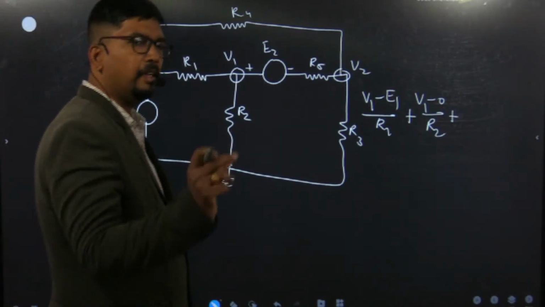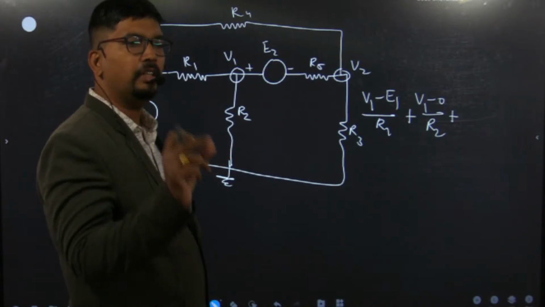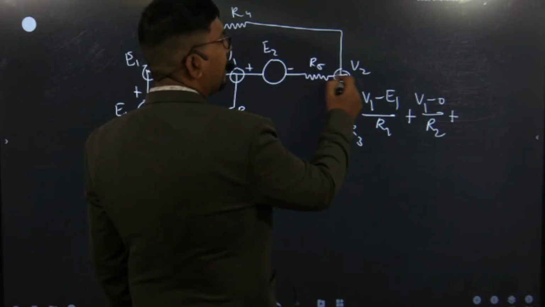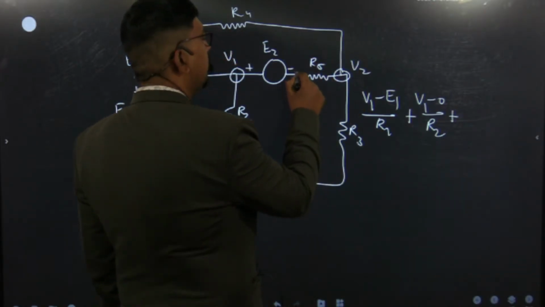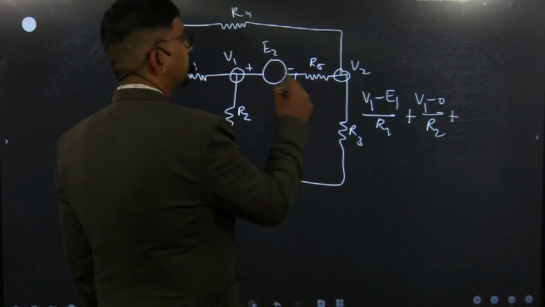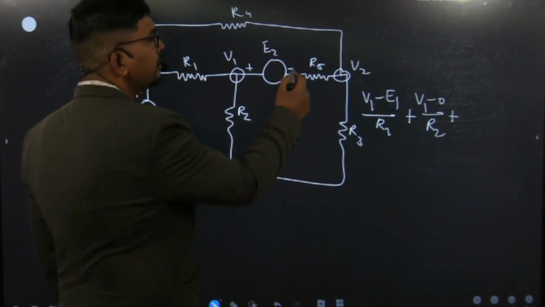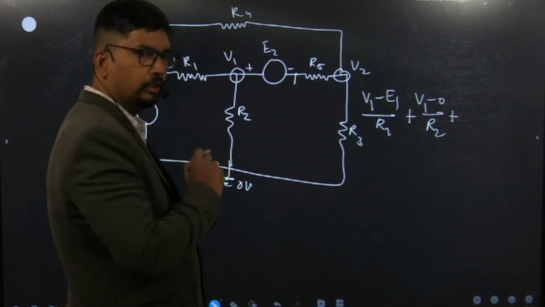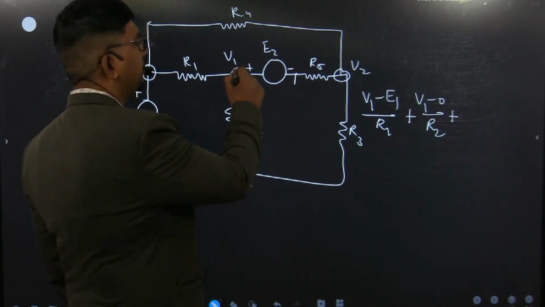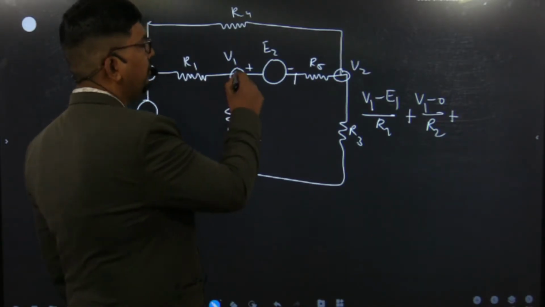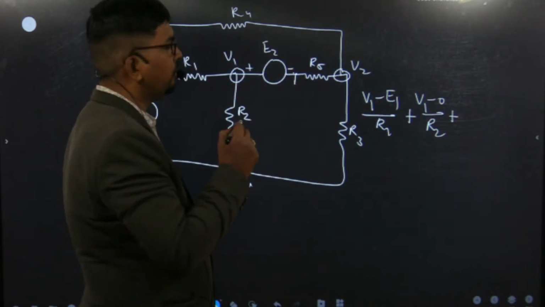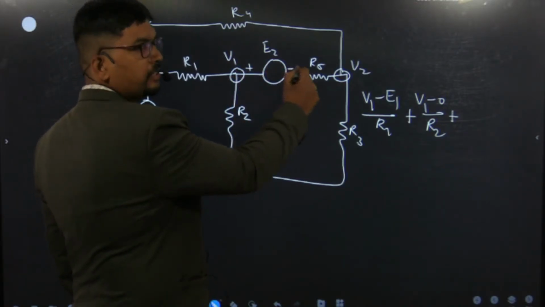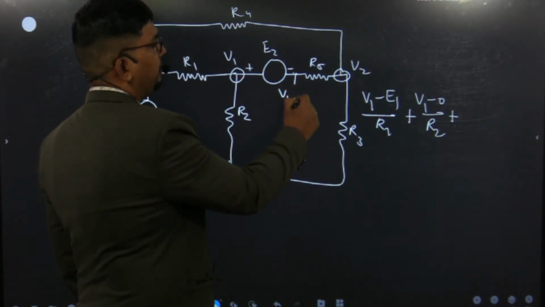Now for determining the current in any resistance, we have to find out the potential difference across its terminals. It means one terminal of R5 has voltage V2, but we don't know the potential of this node. So we will find out the potential of this node with respect to ground. This is our ground node whose potential is 0 volt. With respect to this ground node, this potential is V1. So we will find the potential of the R5 terminal with respect to ground. Up to this point it is V1, we will move in this direction. So this potential will be V1